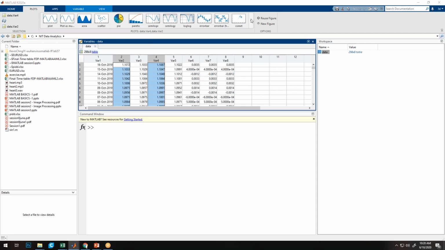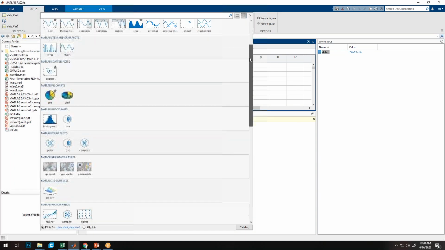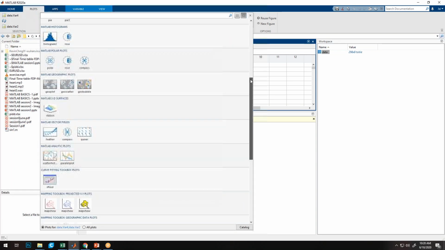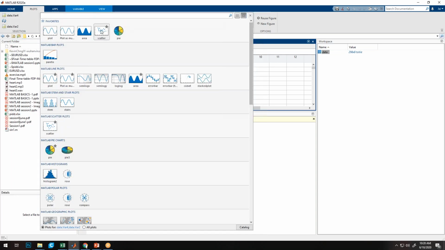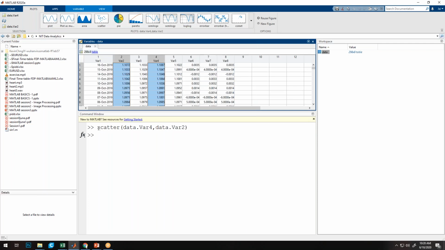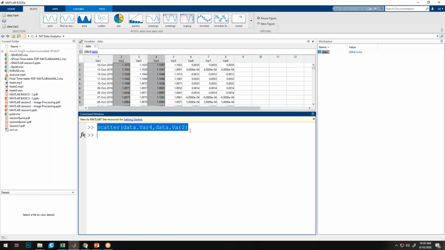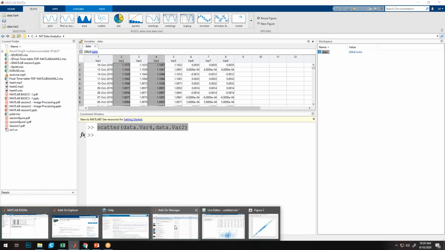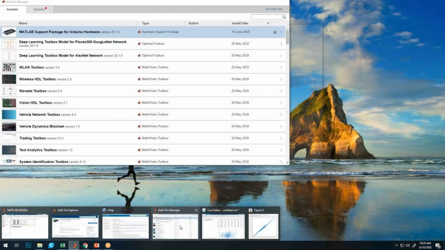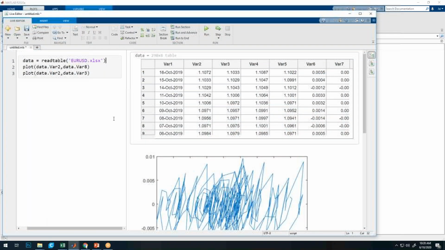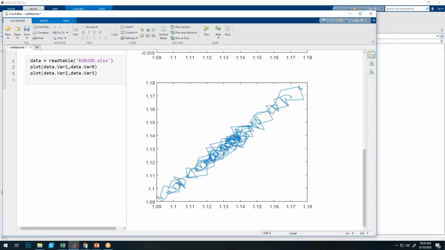So I can see what different kinds of plots I can get here. Suppose I want to see a scatter plot. The moment you click on it, MATLAB will generate the code for you here. You can directly copy this code and paste it into the live script we are developing, and see how the visuals will be.